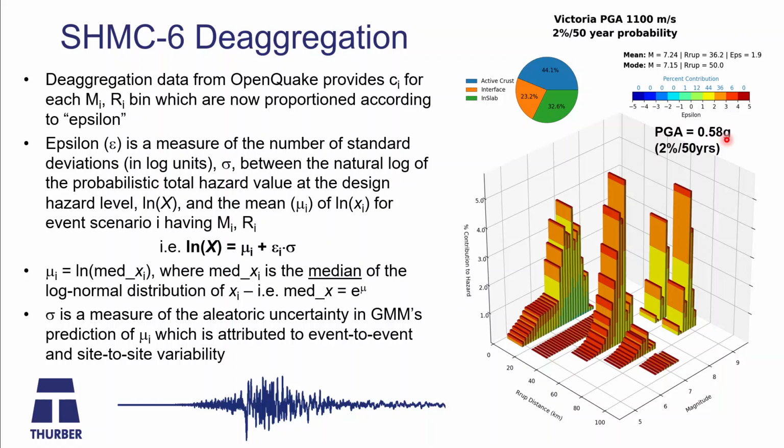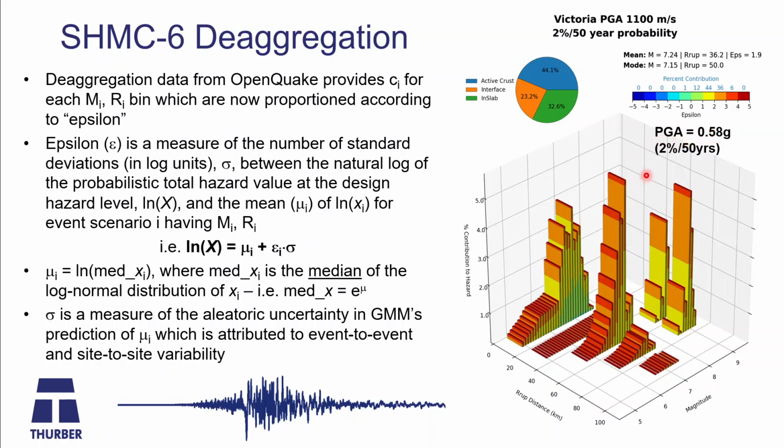So we can look at deaggregation data now from the 6th generation seismic hazard model of Canada. That hazard model is now being run on the OpenQuake platform, and that actually allows for a much more informative deaggregation. On the right, you can see the NBC 2020 deaggregation. This particular example is, again, Victoria PGA at 1100 meters per second and 2% in 50-year probability of exceedance. The aggregated probabilistic hazard value here is 0.58 G at 2% in 50 years. So we deaggregate that particular value,